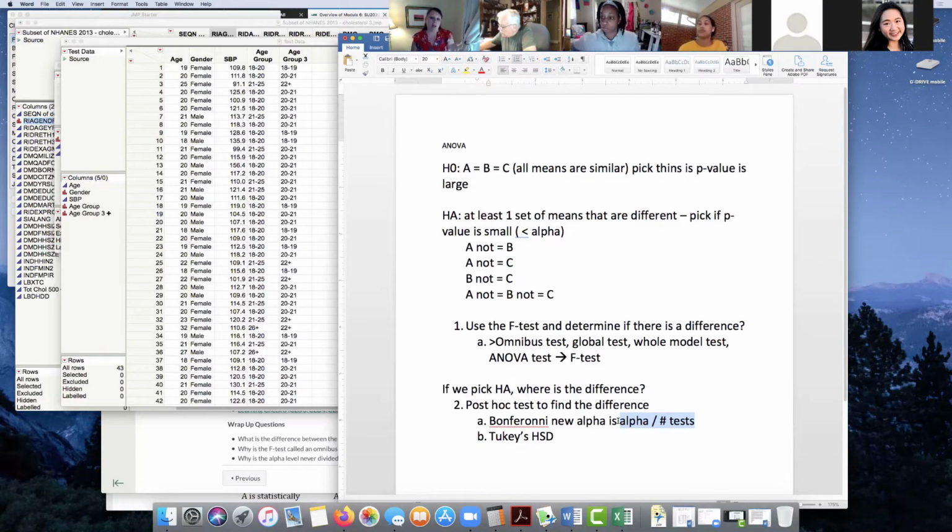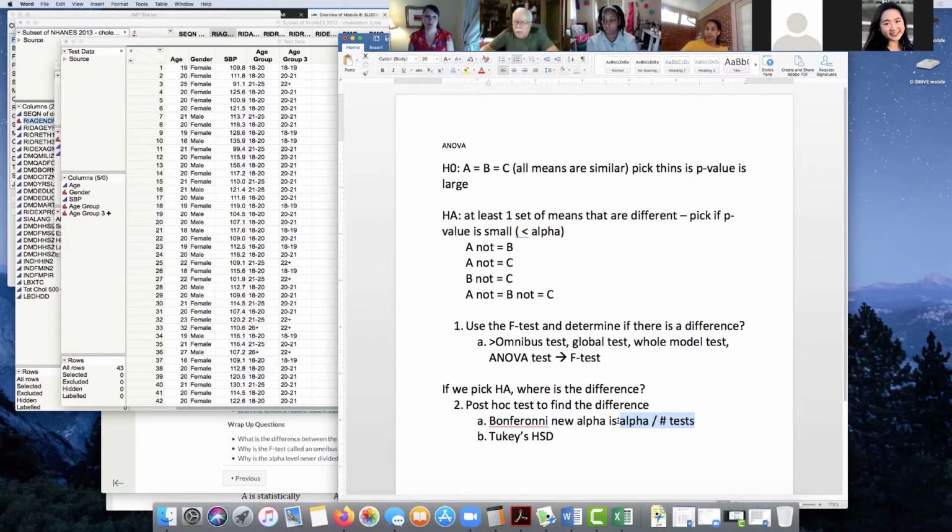What you should know is that if you need to do a post hoc test, use a Tukey's. There's a couple of other options. Don't do a Bonferroni, and then find a statistician that can help you. So does that mean that if you find statistically significant in the first step and then you go into post hoc and now all of a sudden you don't have any differences, do you still reject your null hypothesis? Yep. Okay.